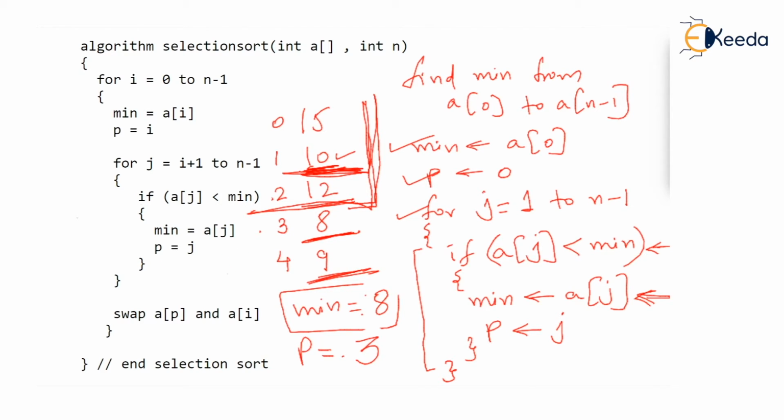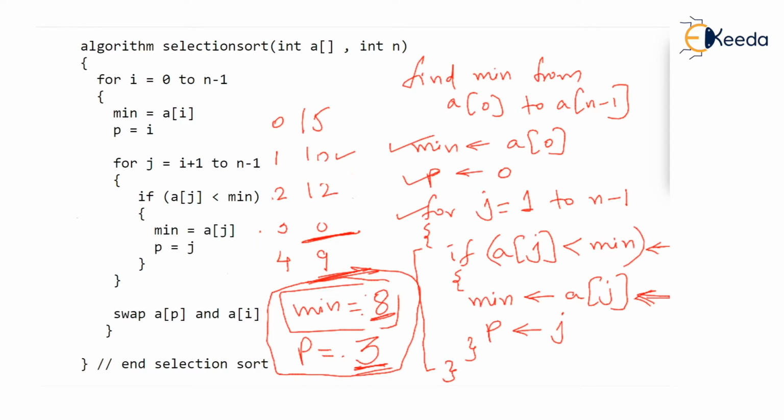You tell me what is our output. After the loop breaks, surely min is the minimum, that is 8, and that 8 is present at pth place, that is third place. I hope you have understood how to find minimum from the given array from 0 to n minus 1. Now we are 4 or 5 sentences away from understanding this entire algorithm. Trust me,